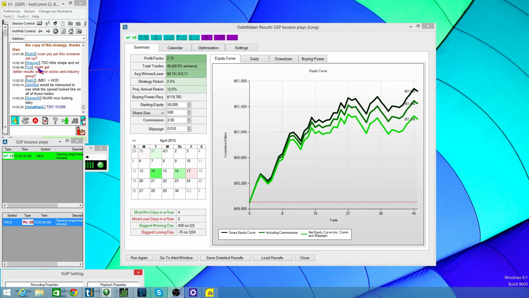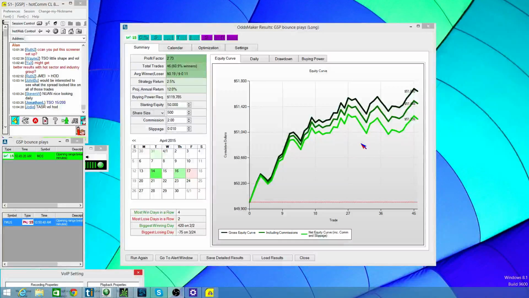Yeah, the question is you might get better results with a hot sector or industry group, 100%. And again, that's where I'm not trying to turn this into a black box where I say, take these, plug them into a system, and do exactly what they say. I'm saying this is a way to refine trading systems that we already have, and then you use your trader brain and know-how to know that this looks better than this, or the spreads of this are too much, or something like that.